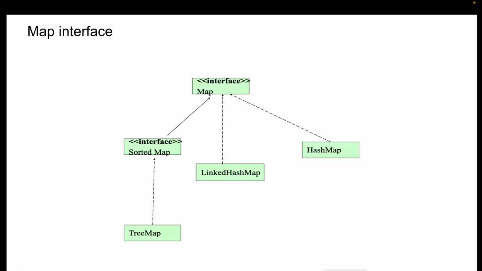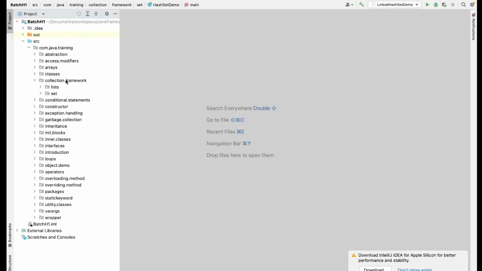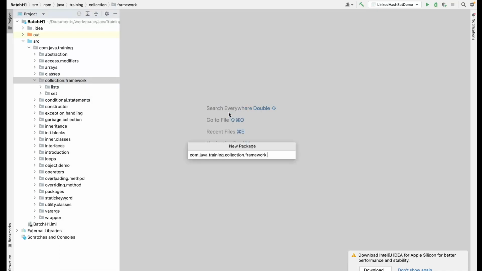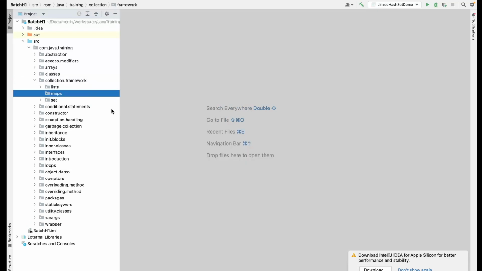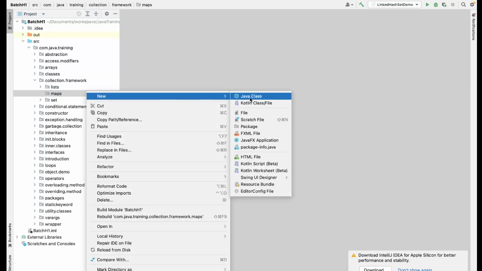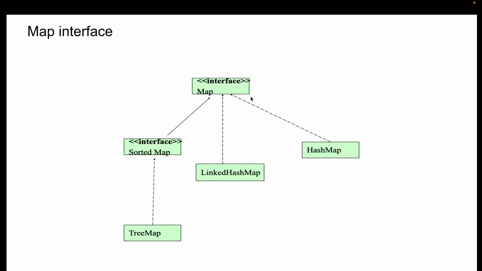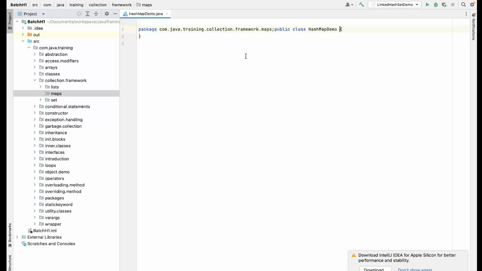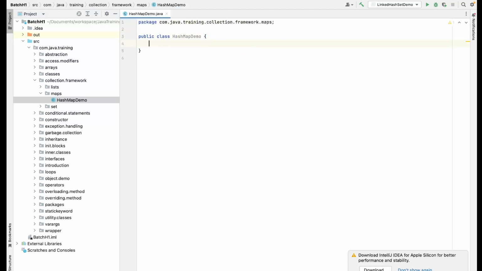Let me try to create a package for this. Okay, let me try to create hash map demo. Okay, let's think of something like